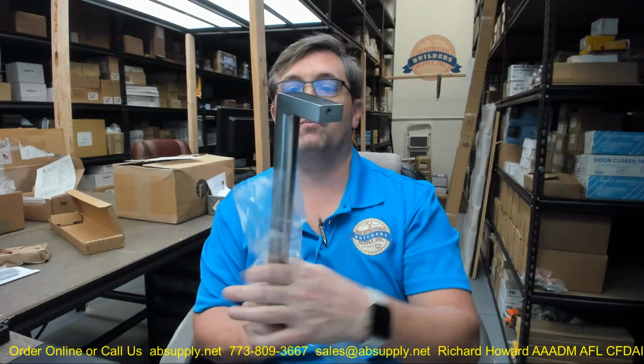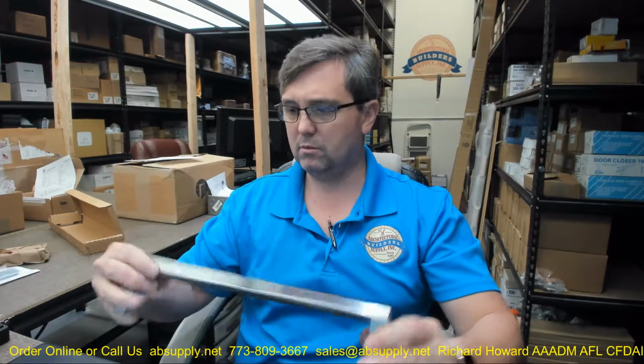This is a closer look at the Rockwood number RM5204. This is a piece of fine quality trim and auxiliary hardware. Just trying to remove the screw package here. RM5204. First of all, this is a piece of solid brass. This is a door pull that is going to be...